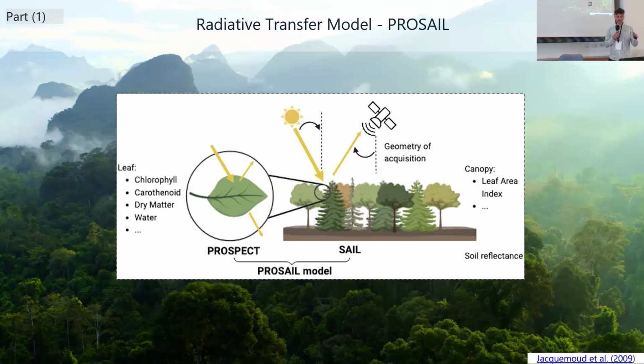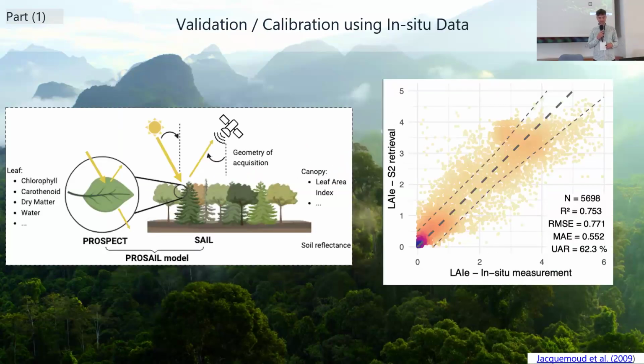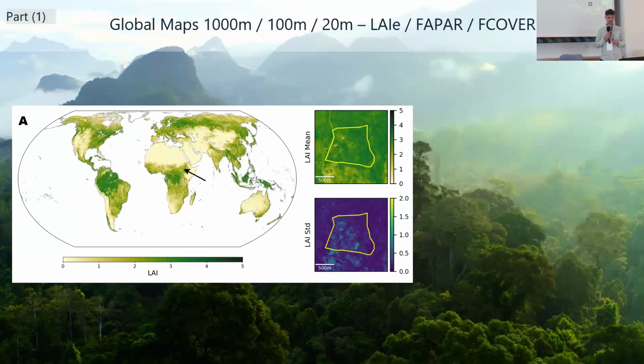They simulate, based on all the traits in a canopy, the expected reflectance curve, and then we can use this to infer variables like leaf area index again. And we have then used in situ on-the-ground data to do both the validation and the calibration of these mechanistic model outputs. This led to development of 3 different variables, the effective leaf area index, the FAPAR, and